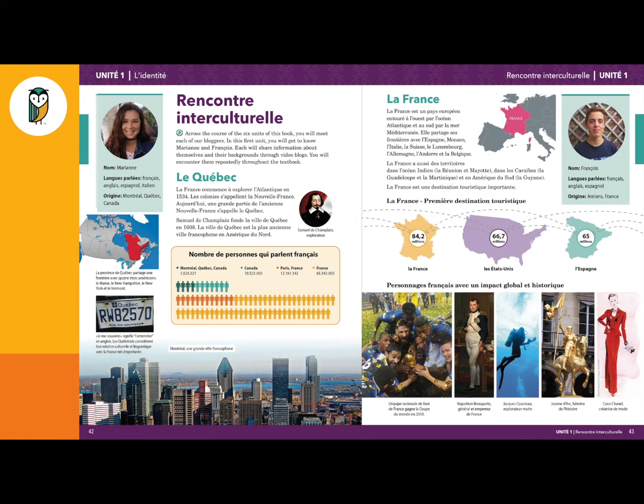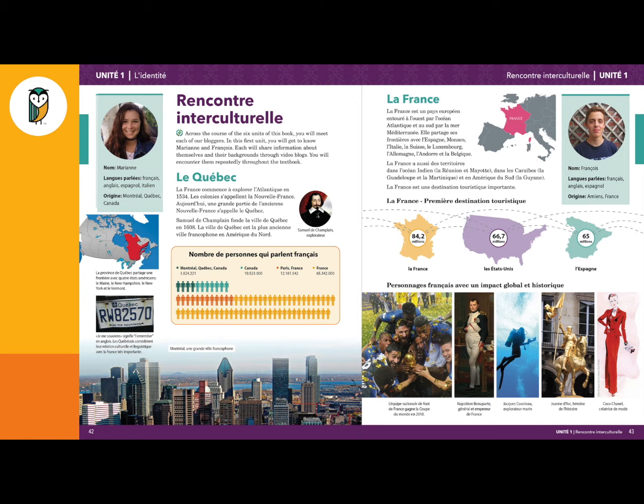Can the learners guess the meaning of the French words in the captions, in the charts, in the tables and the graphs, all while relying on their knowledge of cognates and numbers? Perhaps they could create a Venn diagram to organize their observations. It might also be a good idea to locate France and Quebec on a world map and have a discussion